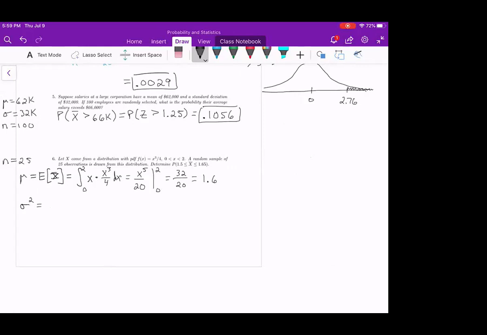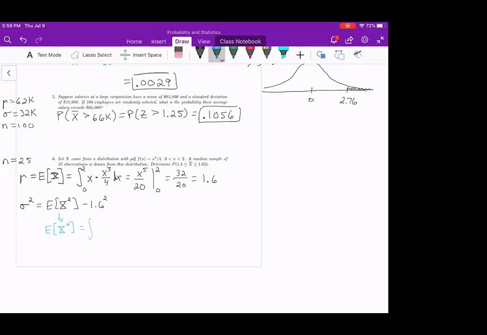The second moment minus mu squared. Yeah, so it's going to be the expected value of X squared minus mu squared, which is 1.6 squared. So what we need is that second moment. So let's continue with that down here. So this is the expected value of X squared,